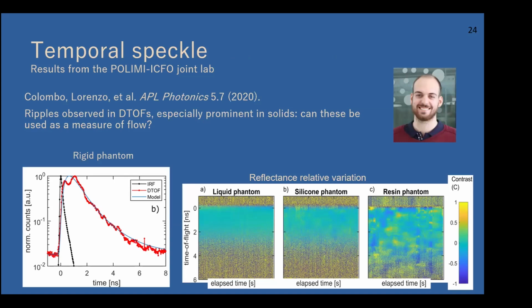Another example of results from the joint lab is the result of temporal speckles. So this formed part of the thesis work of Lorenzo Colombo at PolyMe. And using the